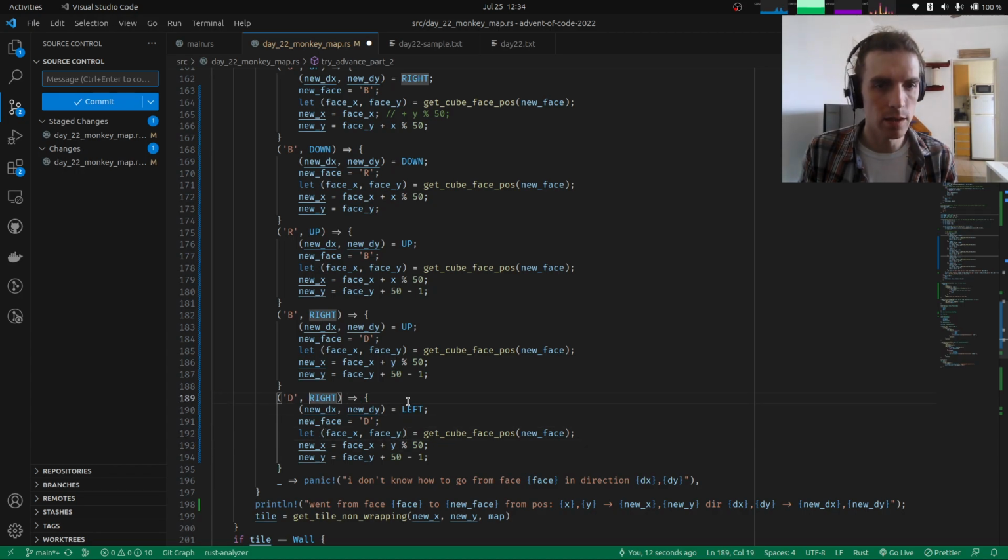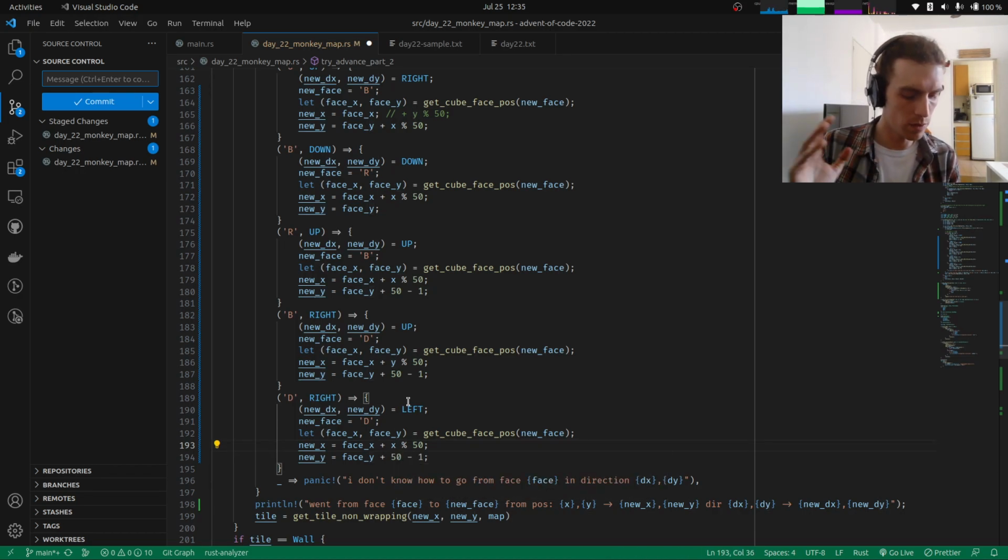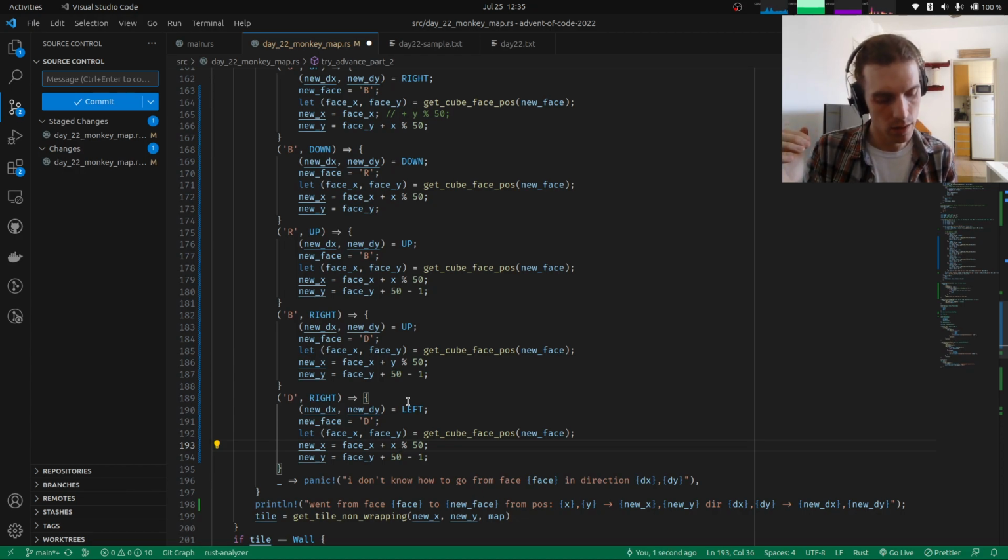So this is an interesting case where we are changing right, going right to left. This is the first time that we saw this. And the X position is actually going to stay the same, I think. I mean, relative to this face, because we are going to the right and appearing on the right hand side, going out of the right, and we are appearing on the right hand side of the